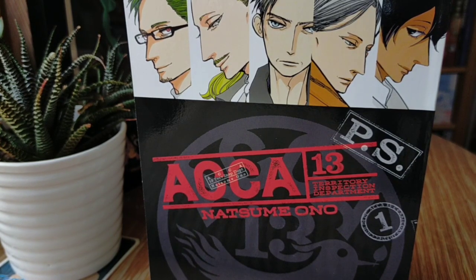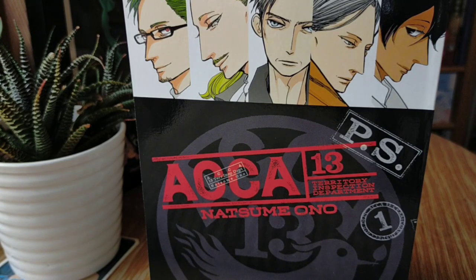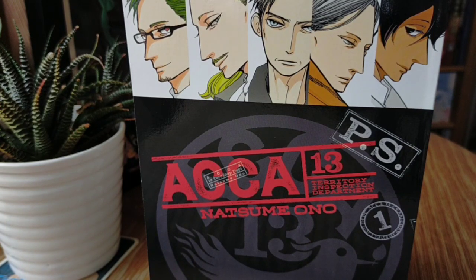But yeah, Aka 13 PS, which obviously PS means postscript, which is why I made the assumption that it's a sequel, or after the fact of the main series. But reading the back, it gives more of an intention of it being maybe set afterwards, but more a reflection of prior to the series starting. Anyway, I don't actually have the answers. I'm hoping to find out, but I don't know if I'm going to read this one in the next week or so, or wait and get the second one and read both of them together,